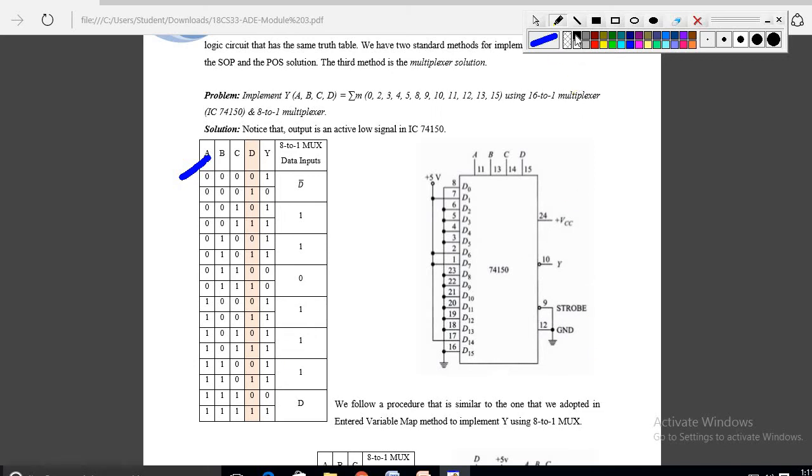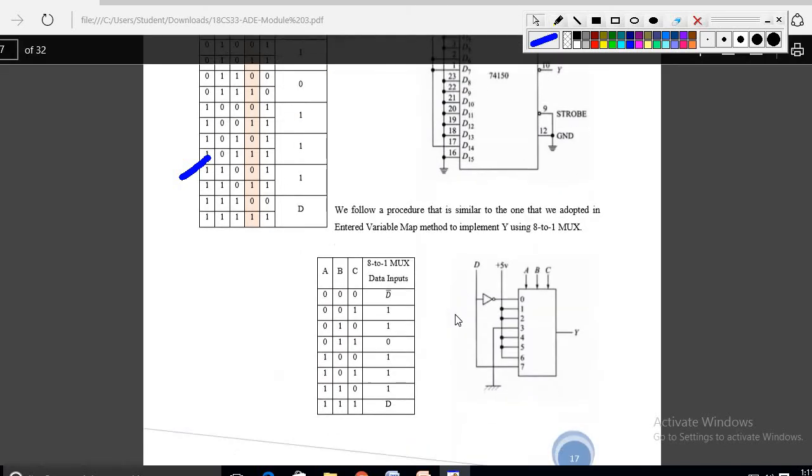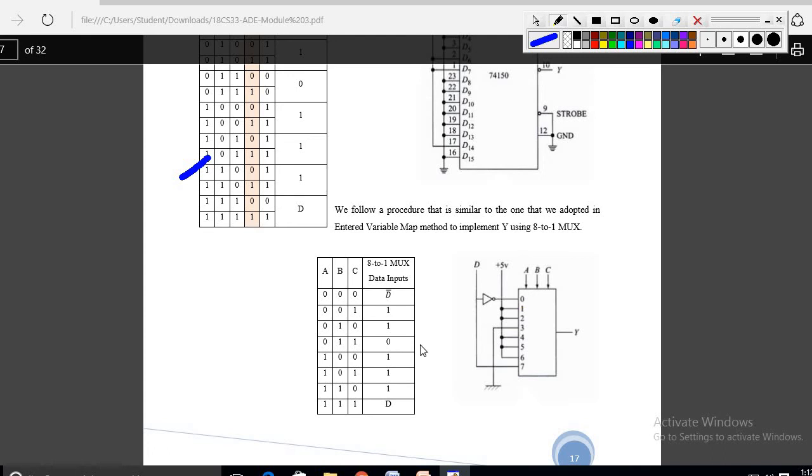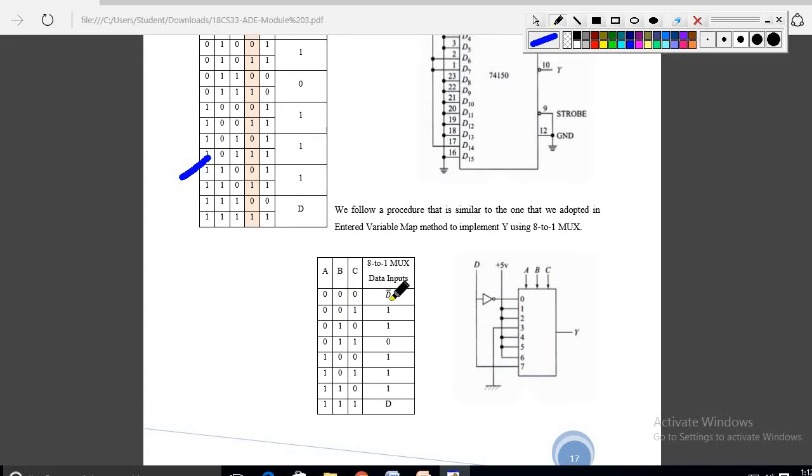Okay, coming to the next, see here for 8:1 multiplexers, there are 3 control inputs, 0, 0 to 1, 1, right? So 1, 1 like that, you have ABC. If it is 0 to 7 data inputs, just write 0 to 7 data inputs. So 3 are the control inputs, right? So wherever 1 is there, for 0, 1, 2, 3 till 7.